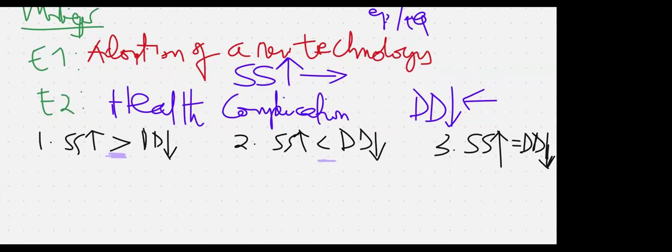When I go to stage 2, I will say increase in supply is less than the decrease in demand. Then reading from the right of stage 2, I will say decrease in demand is greater than the increase in supply. When I move to stage 3,